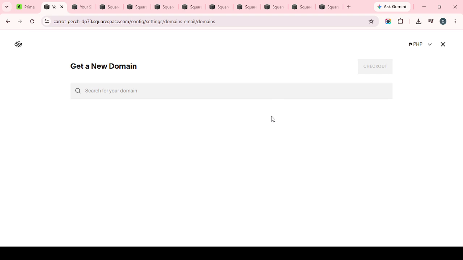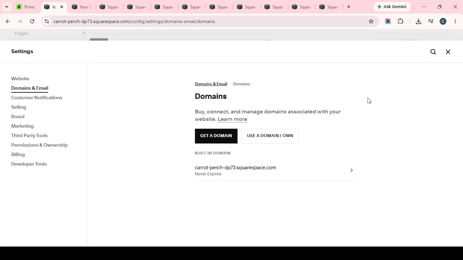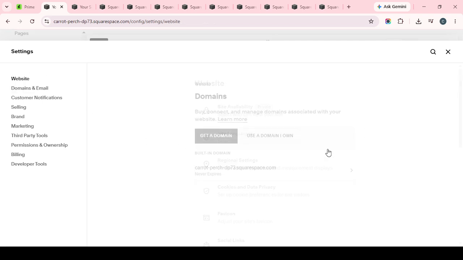After that, open the email configurations area. Here, you can connect your domain to a workspace platform, set up routing options, or manage email aliases associated with that domain. This section is especially useful if you want email sent to your domain to be handled by a specific provider or redirected in a certain way. As with DNS